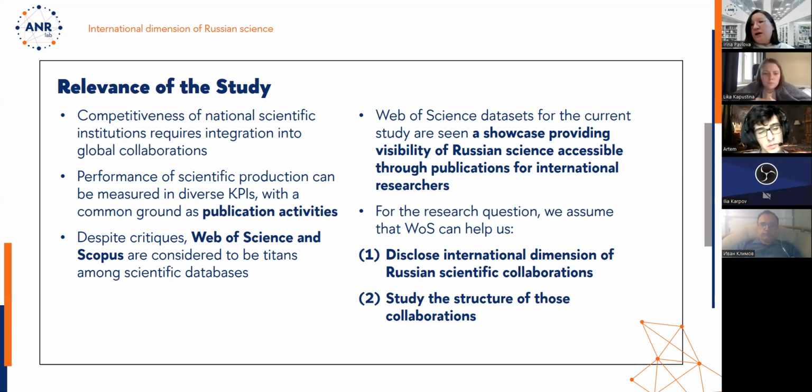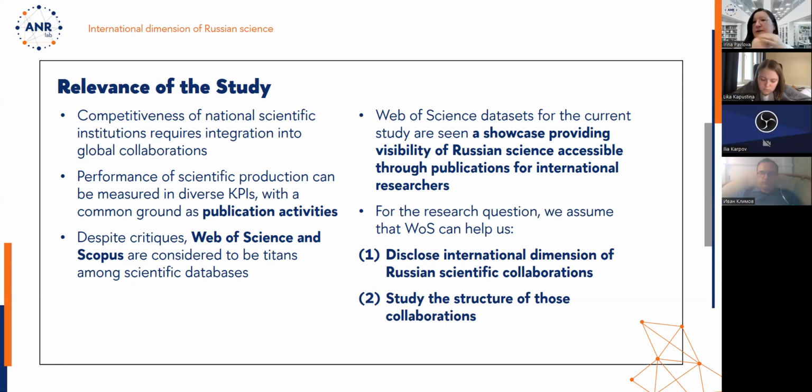So there are different studies showing, for example, benefits and disadvantages of different data sets. And right now we understand that, for example, Web of Science is not that much available for Russian researchers who want to do some bibliographic data research. But anyway, we have this data set and we decided that yes, we are going to move with that. For us, we assume that this data set can show us collaborations, international collaborations of the Russian scientists.